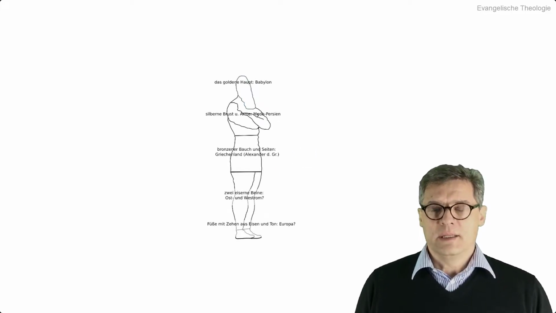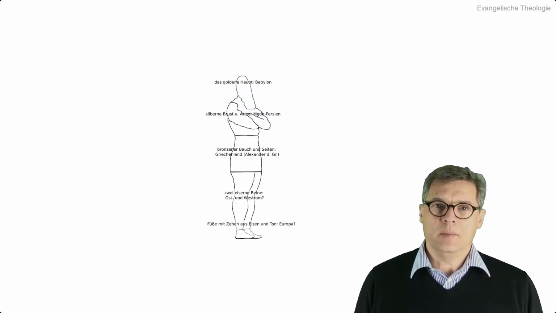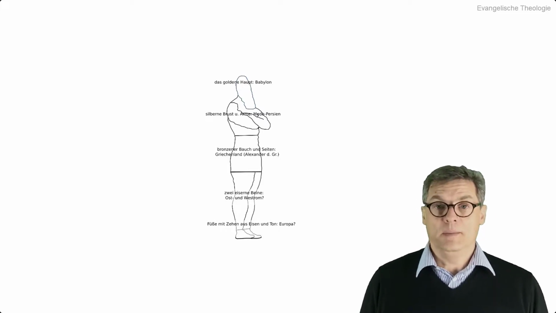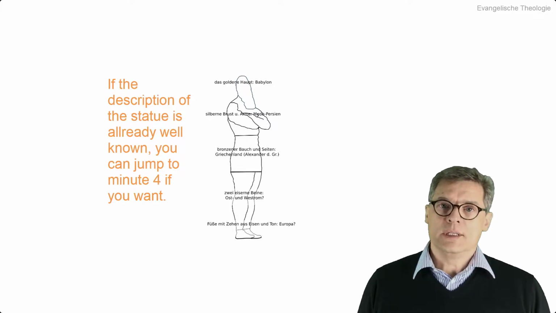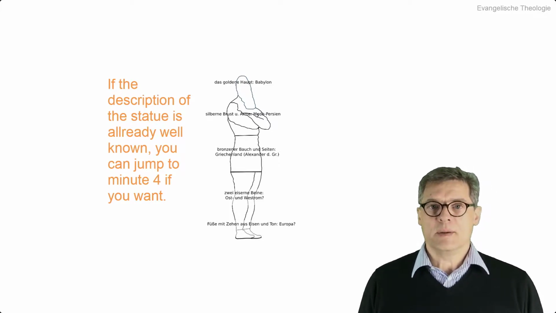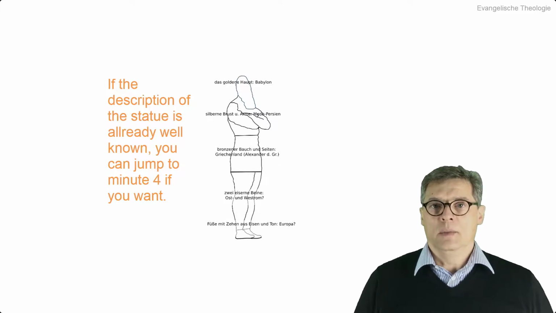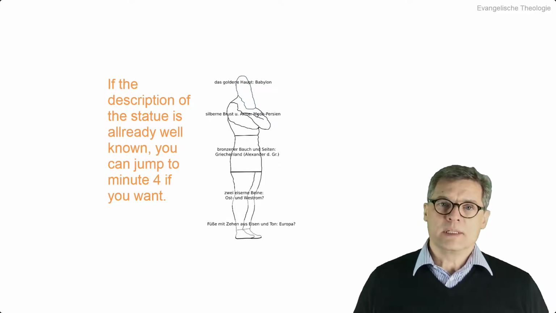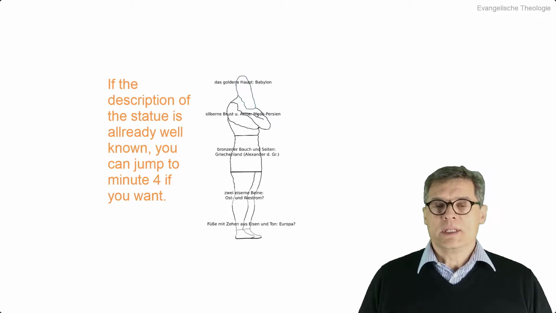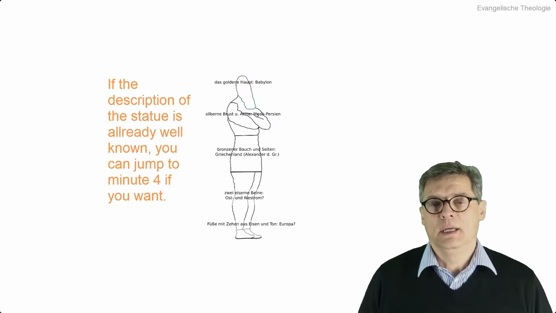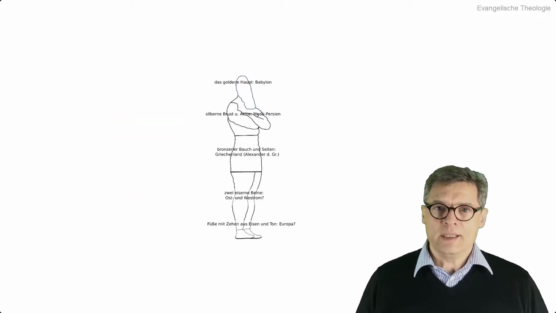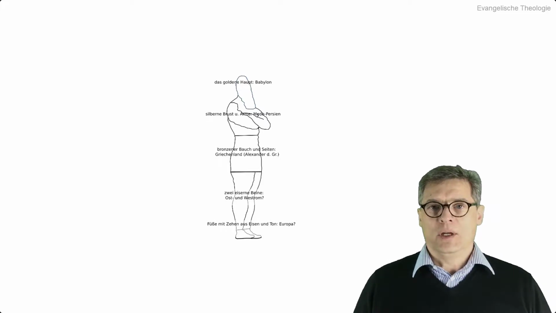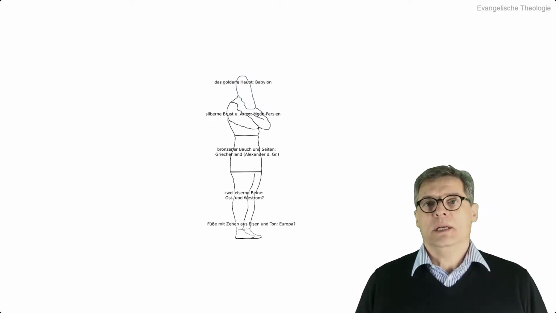As you know, in Daniel 2, there is talk of the king of Babylon, Nebuchadnezzar, and he has seen a statue, and this statue consisted of a golden head and a silver breast and 2 silver arms, then a bronze-colored belly with the 2 sides in bronze, and then 2 legs of iron, and finally the 2 feet and the 10 toes of iron mixed with clay. Nebuchadnezzar has seen this picture in his dream.